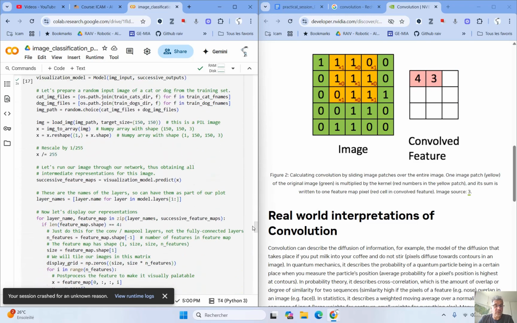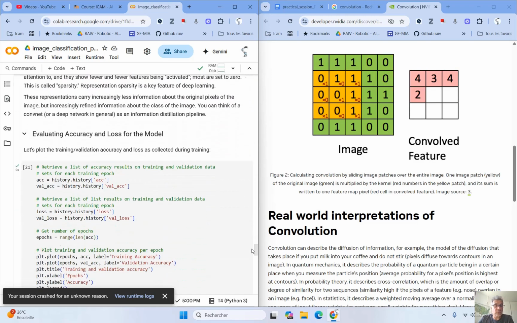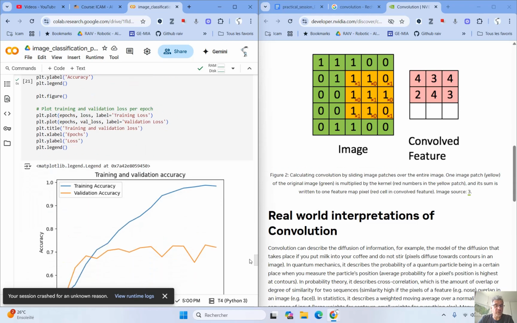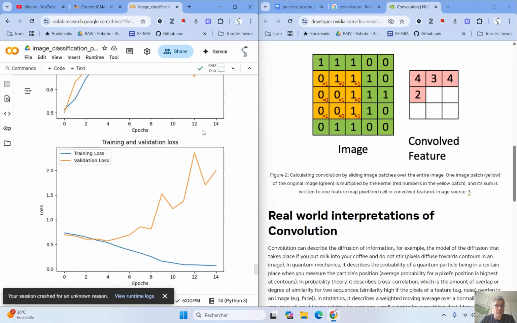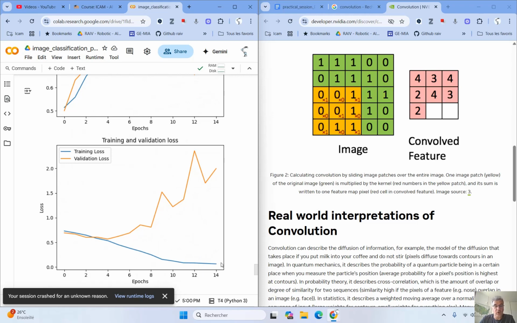If we plot this, we have this. For the training data, the accuracy goes up, normal, and the loss goes down, normal.